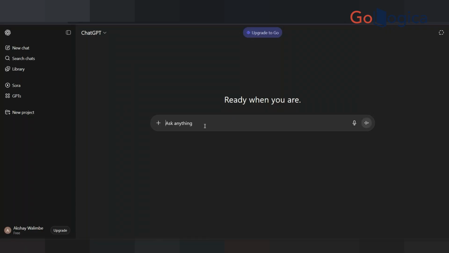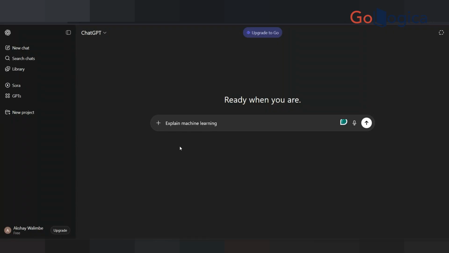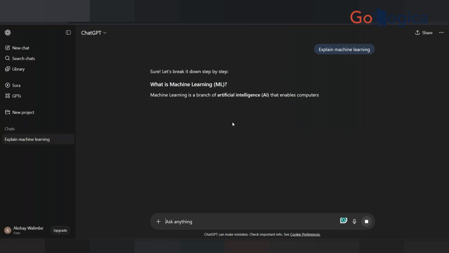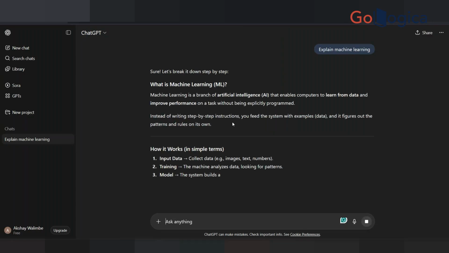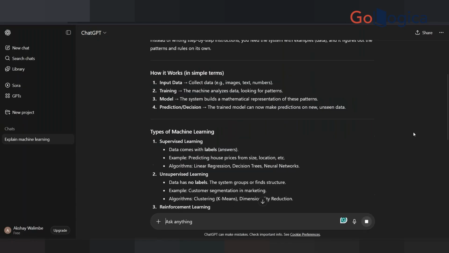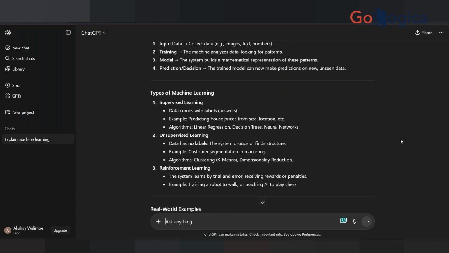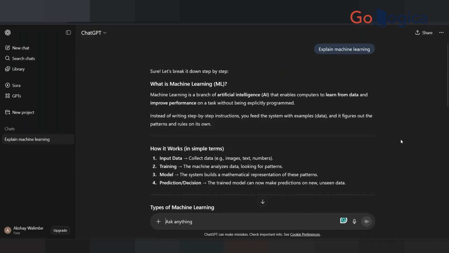So it's completely from scratch. Let's go ahead and just put that prompt into it. Explain machine learning, and just send it as it is. What it is doing right now, it shows, "Sure, let's break it down." It started generating things. So, what is machine learning, ML? It gave us a long slop of text. Without understanding who I am, or what kind of things I like to do, it gave me the standard explanation of what machine learning is.